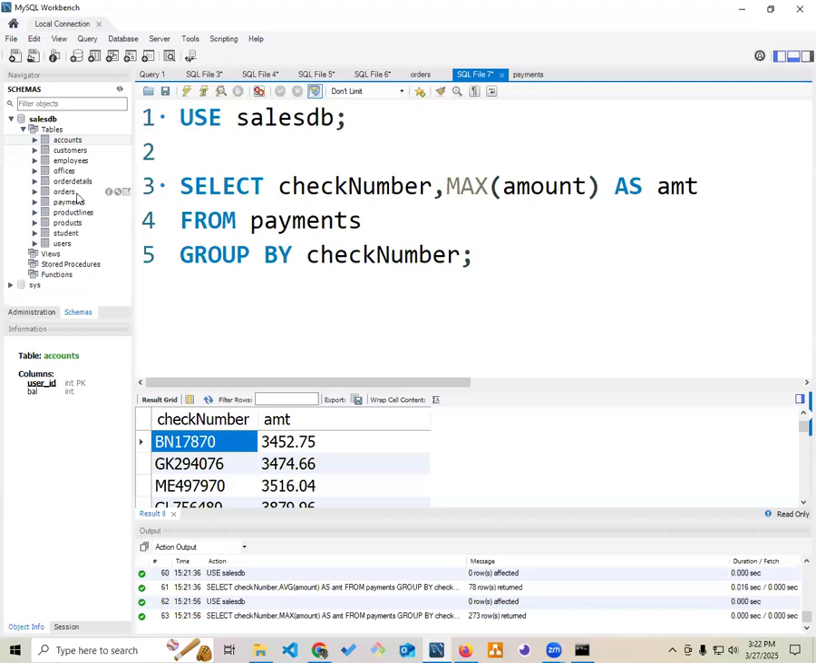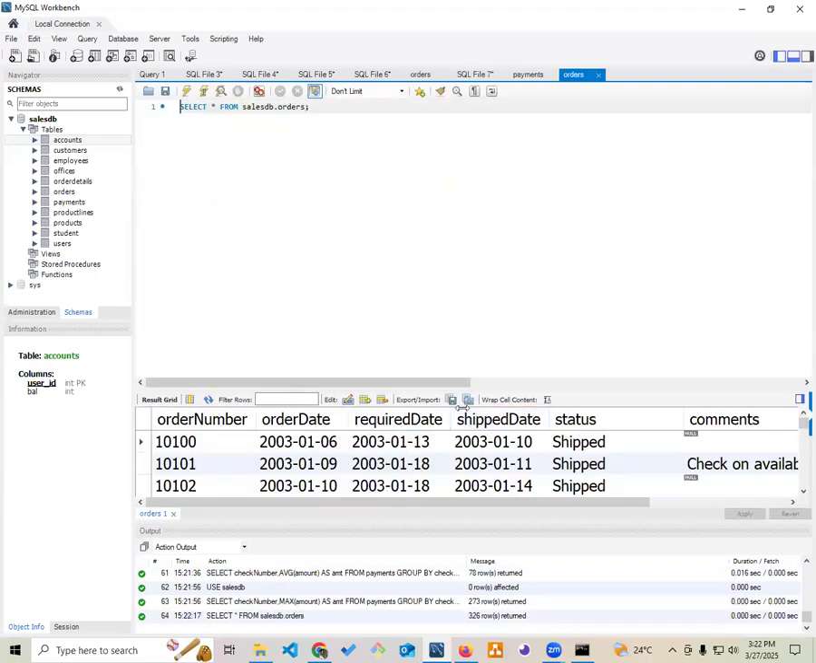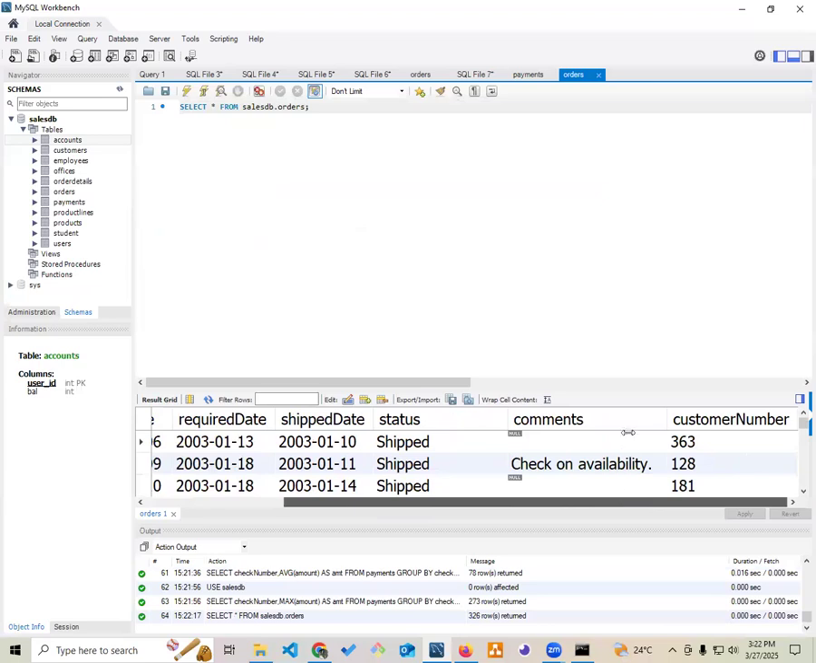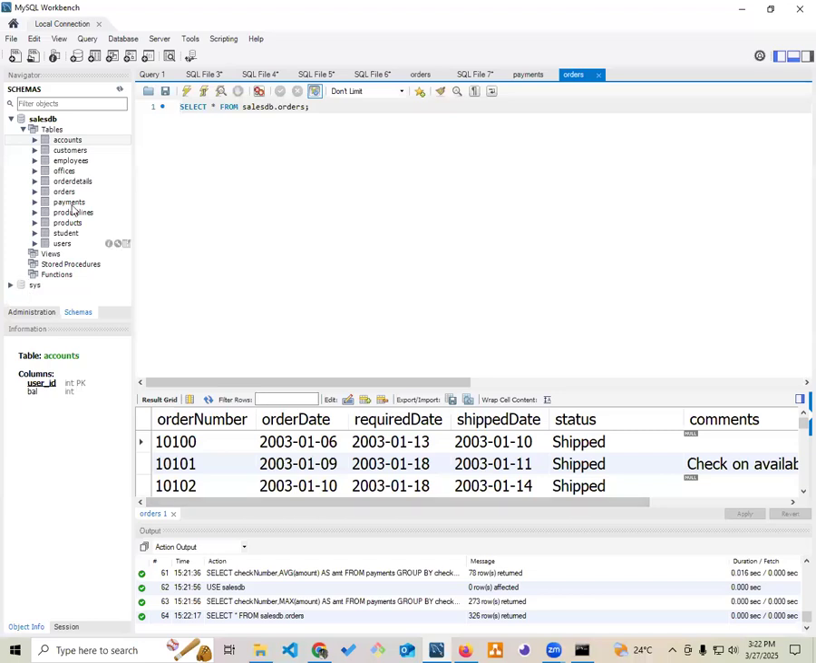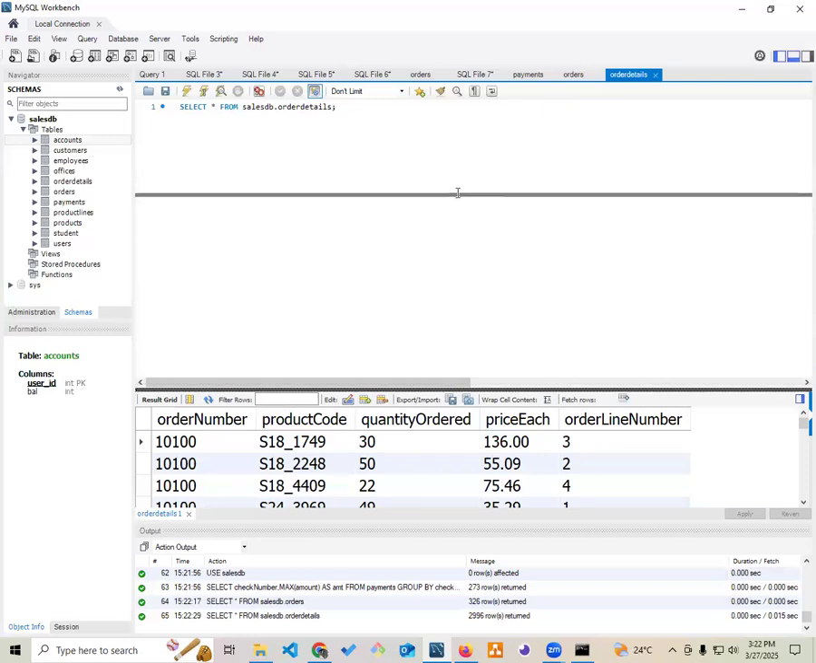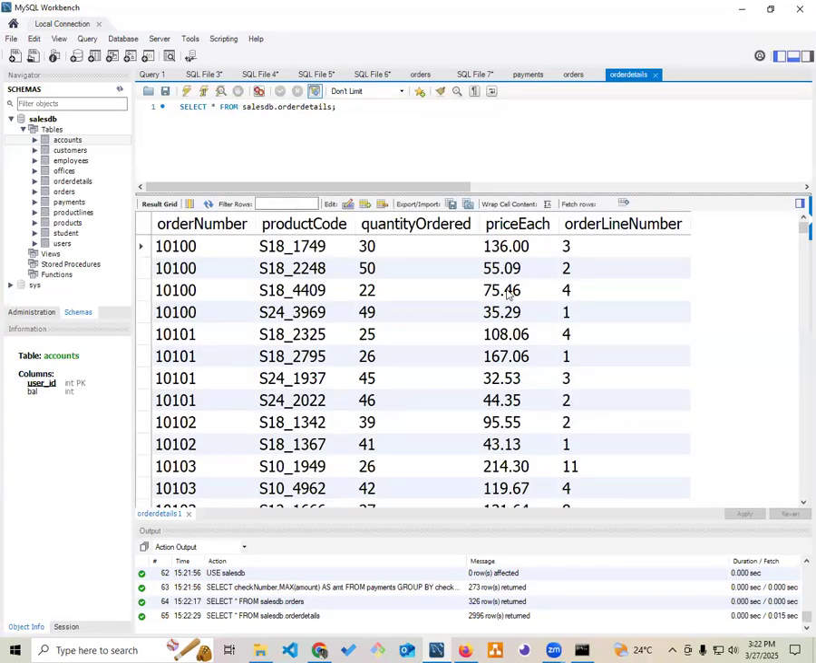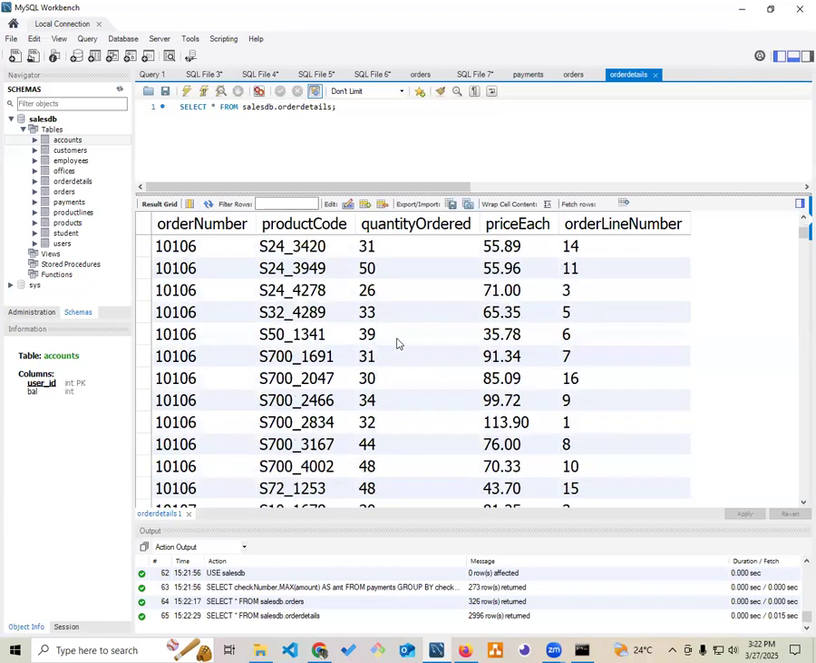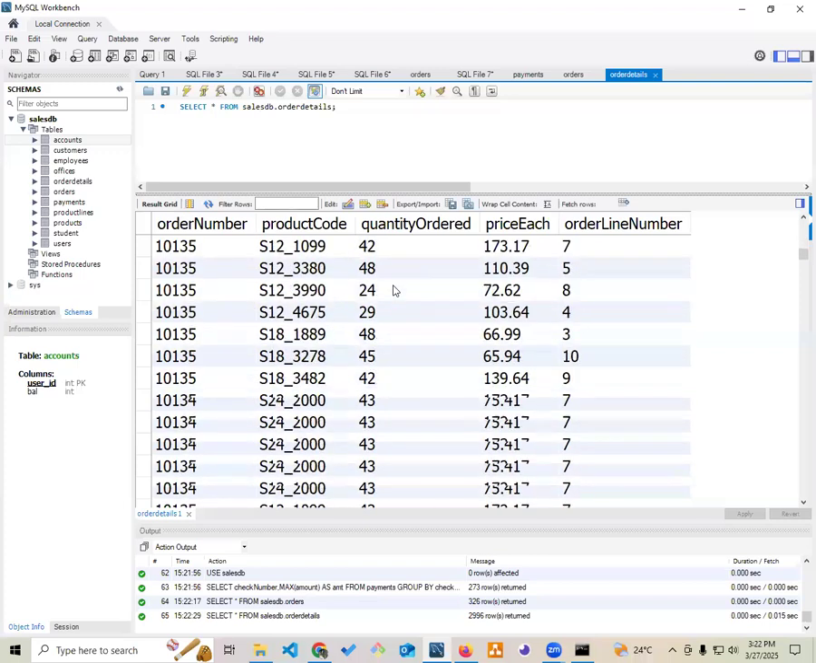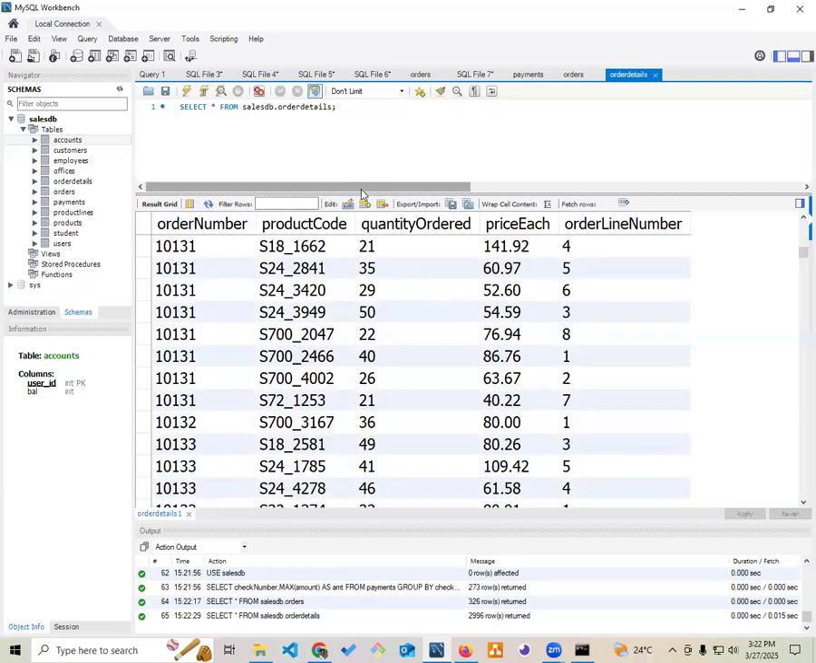Another way we can use max is, for example, let me open the order. Do you have any amount here? No. Let's go with order details. If you open order details and you check the price of each, maybe you want to see the maximum, or the highest number of orders that were made. You can use the max function to get that. Right now it's taking too much time to see, but if you actually wrote